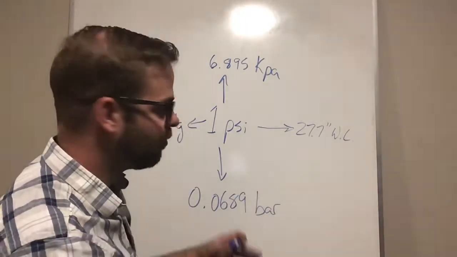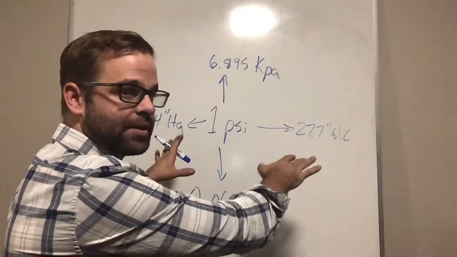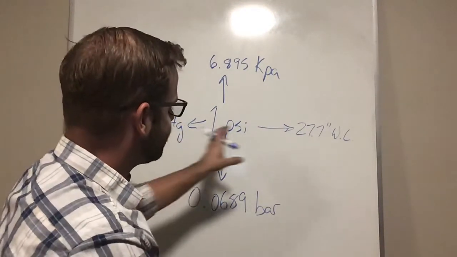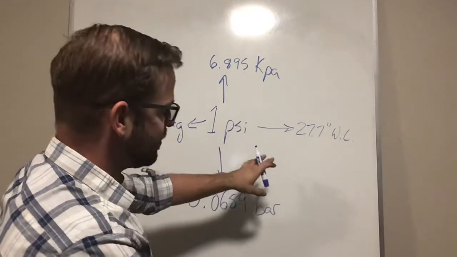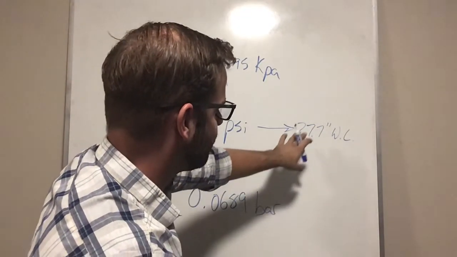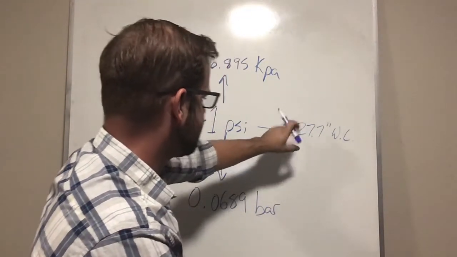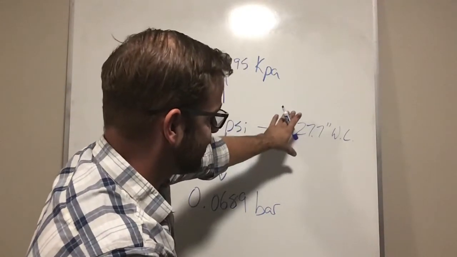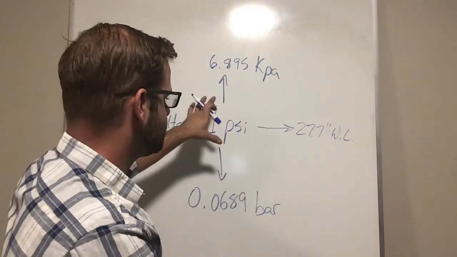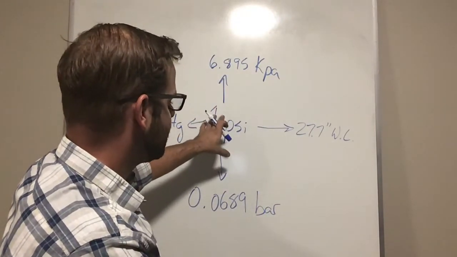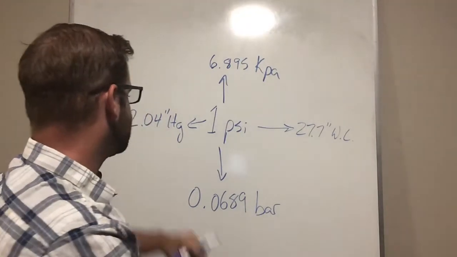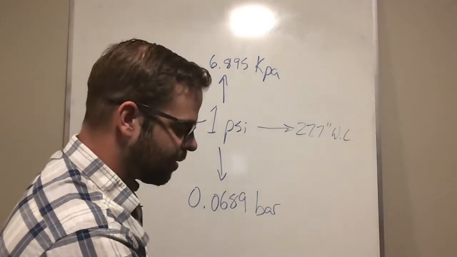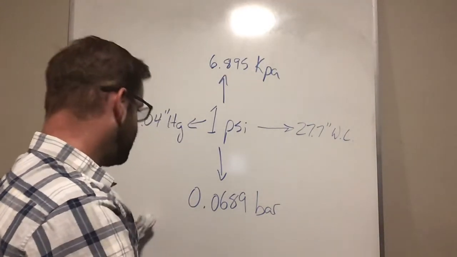27.7 inches of water, and these are physical things you can see. But this is the way to go in between them, and a lot of times you would end up having to go from your 27.7. So if you wanted to go to inches of mercury, a lot of times you'd have to go from 27.7 inches of water to 1 psi, and then go from 1 psi to 2.04 inches mercury. So I'm going to go through a couple questions on that now,